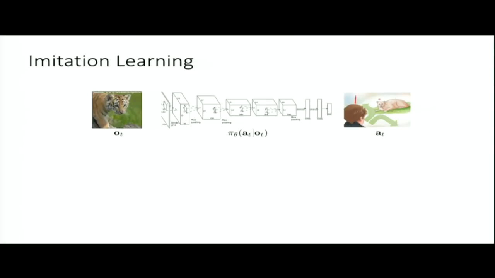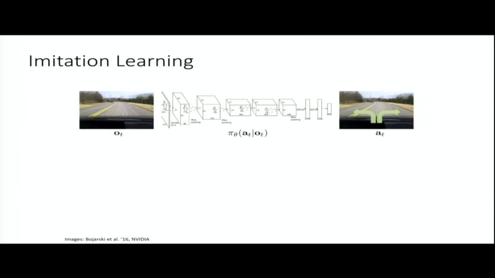Okay, so back to sequential decision making. If we'd like to train our policy to give us a distribution over actions conditioned on observations, how can we do that? Well, let's first switch to a problem setting that's maybe a little bit more practical. Building robots that run away from tigers is fun, but not really something that has great commercial value. So let's think instead about driving. Let's say that I'd like to make a car drive itself. That seems to be something that's all the rage these days.